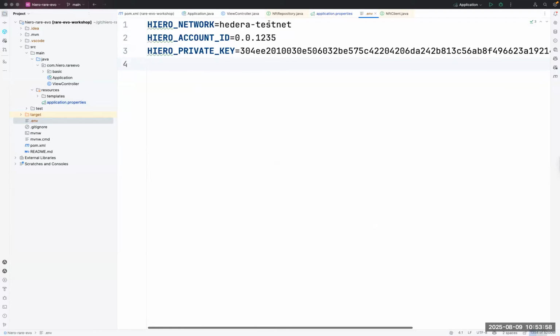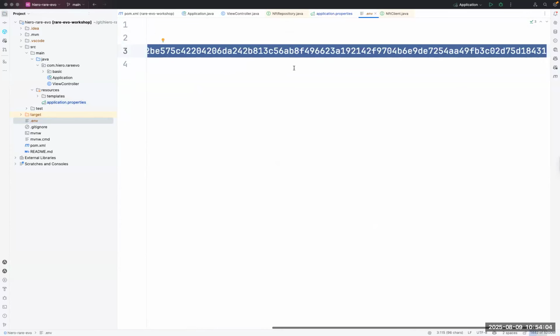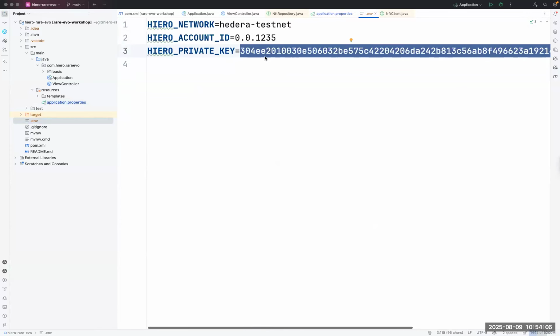And what I will do now, I will change that to the original information of my account ID and my private key that I used at Hedera testnet, and then we can start that application and execute it against Hedera testnet as an example. So let's do that, and for that, I will stop sharing for a second because otherwise all that information will be recorded,